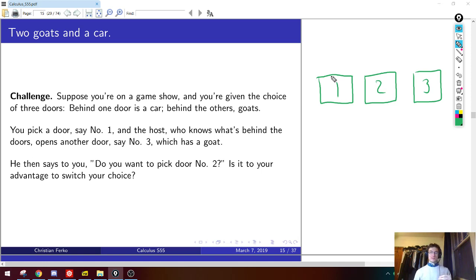So you do the following. You pick a particular door, say you choose number 1. So you say, I want door number 1. And then before opening the door, the host stops you and says, okay, I know you picked door number 1, but I'm going to tell you something. And he walks over and opens door 3 and says, look, behind door 3 is a goat. And then he says, okay, now knowing that door 3 had a goat, you have an option. Do you want to stick with your choice of door 1, or would you like to switch your choice and instead take what is behind door 2? I ask you, is it to your advantage to switch doors?